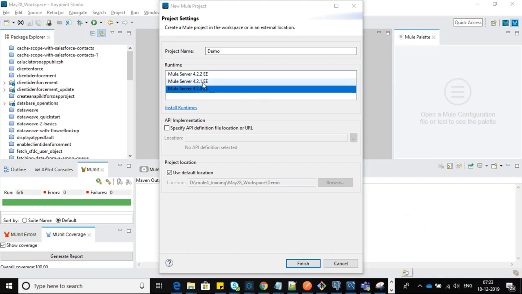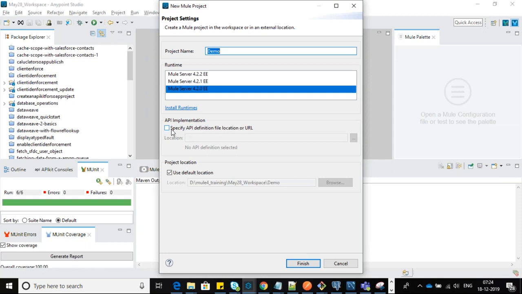So this runtime server will come into the picture only when you're trying to deploy into the cloud, guys. I'm just creating a project named demo, and then this checkbox. When you're trying to work with an API specification, meaning when you're trying to create a RAML specification project using RAML, we'll create a project based on the requirement. First, we have to create a RAML specification. After that, we'll create a project. That time, this will come into the picture.